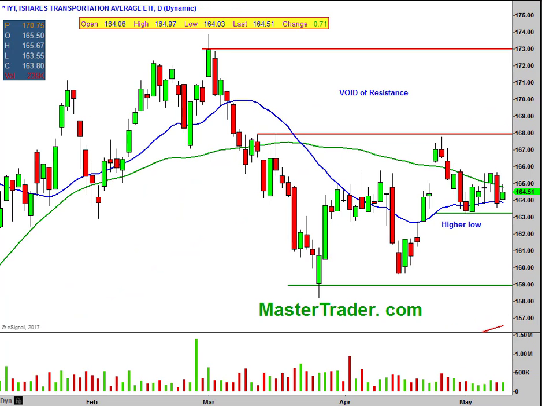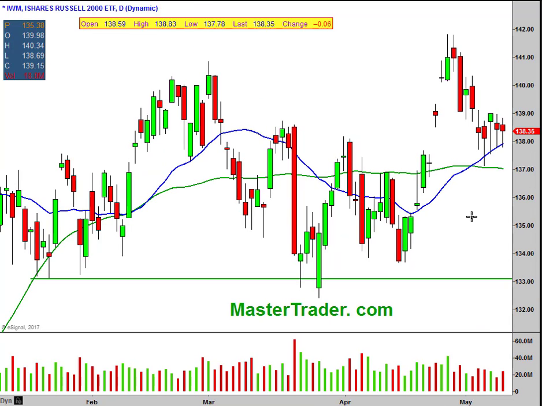Now, what I don't like is the fact that the transports are just lagging here tremendously. They started to turn, then a big day down, and today's an inside bar, so going nowhere. And the Russell is just a big mess, but bottoming tail bars, which suggest, if they can get through this high here, well, then they can push up. And we'll see what happens, and